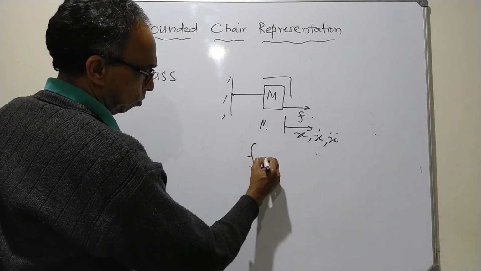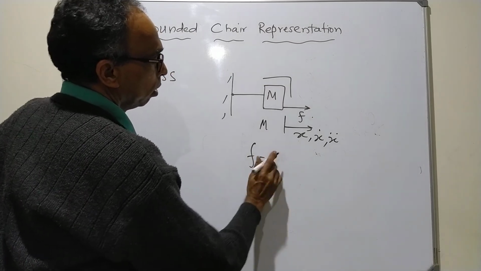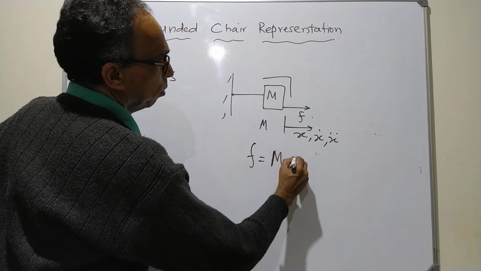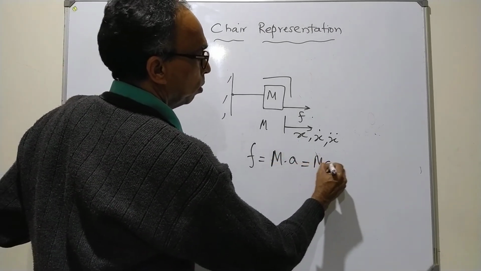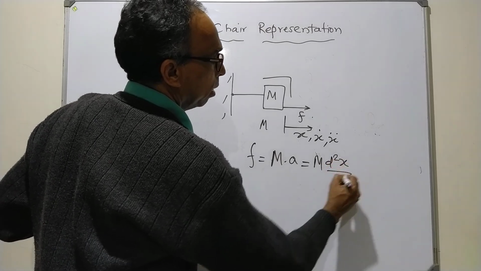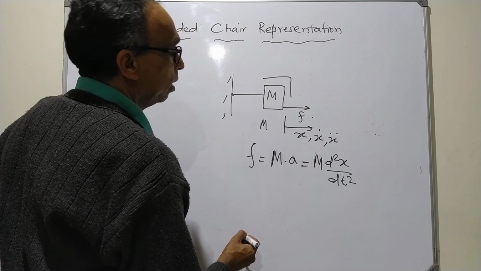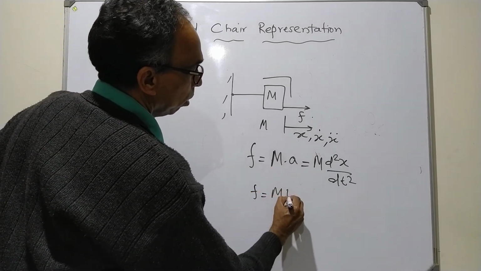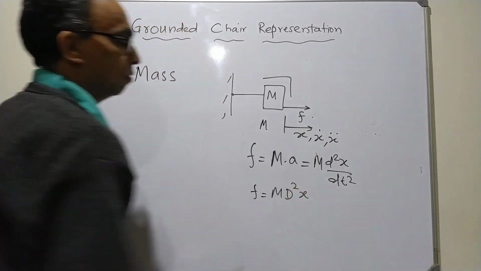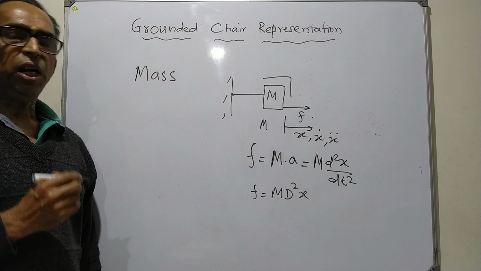So this force was given as M into acceleration, that is M into d2x by dt squared, and d by dt is D, capital D. So F was equal to m D squared x, where D squared x corresponds to d2x by dt squared,